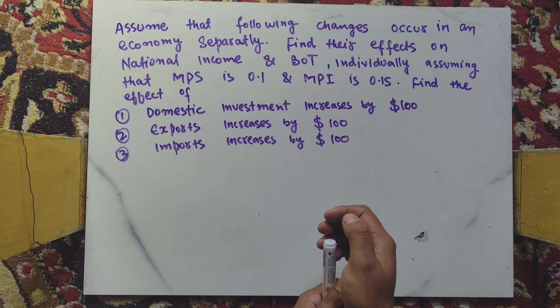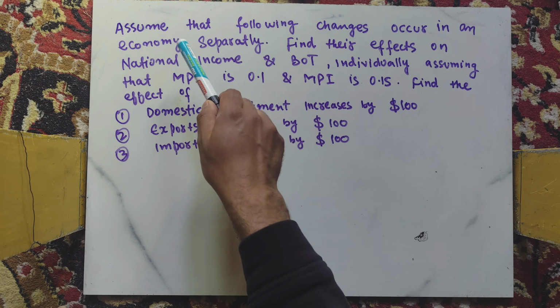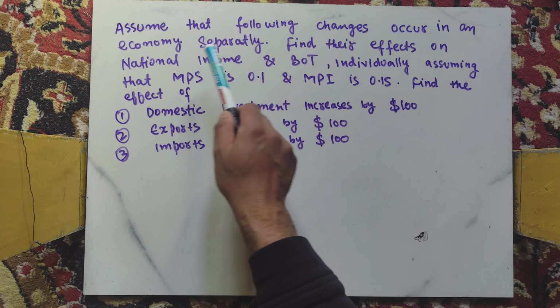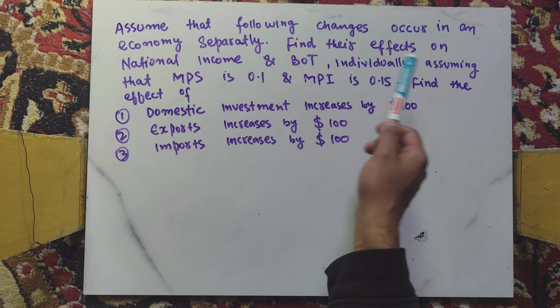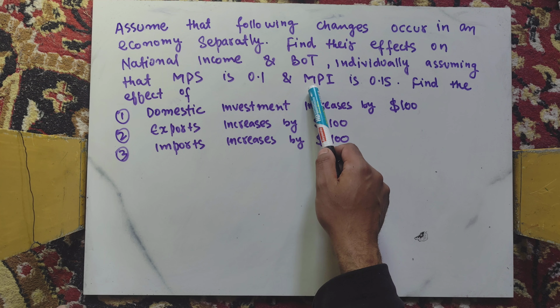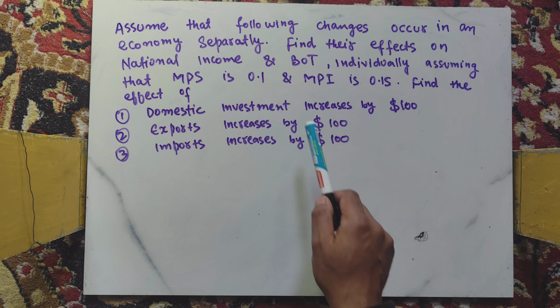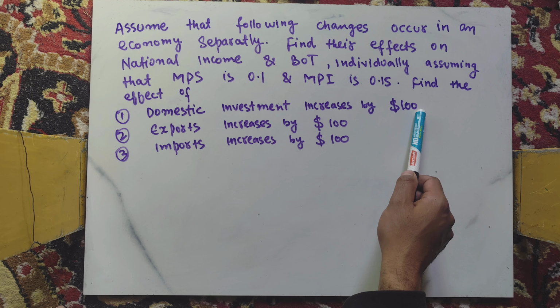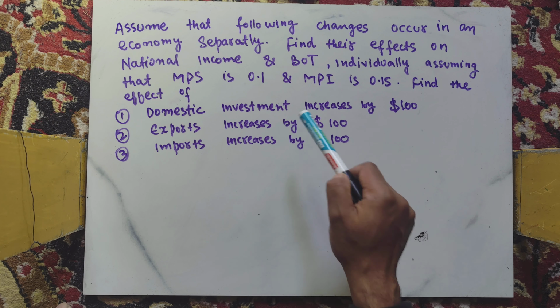In this video, we will learn the impact of change in the exporters and importers on the balance of trade. The question is, assuming that the following changes occur in an economy separately, find their effects on national income and balance of trade individually. Assuming that the marginal propensity to save in the economy is 0.1 and the marginal propensity to import is 0.15, find the effects of: domestic investment increases by $100 million, exports increase by $100 million, imports increase by $100